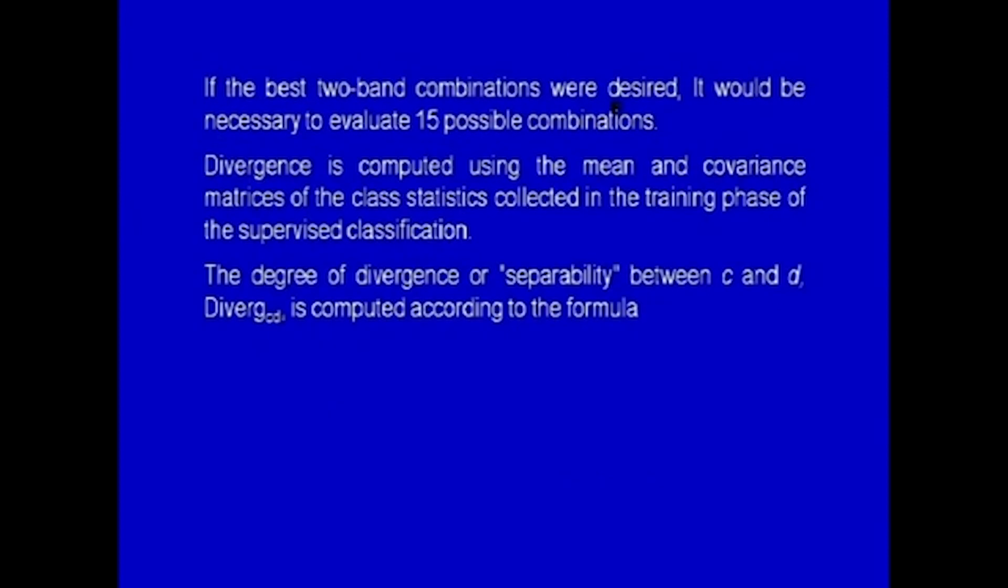If the best 2 bands combinations were desired, it would be necessary to evaluate 15 possible combinations. Divergence is computed using the mean and the covariance matrices of the class statistics collected in the training phase of the supervised classification. The degree of divergence or separability between two classes C and D, expressed as diverge C D, is computed according to the formula as given below,